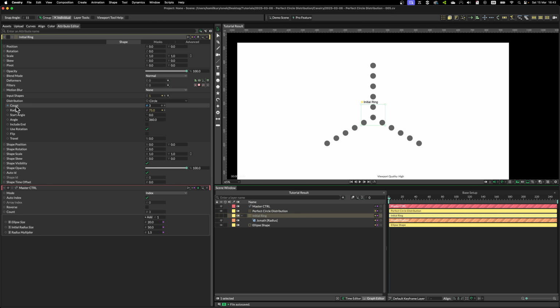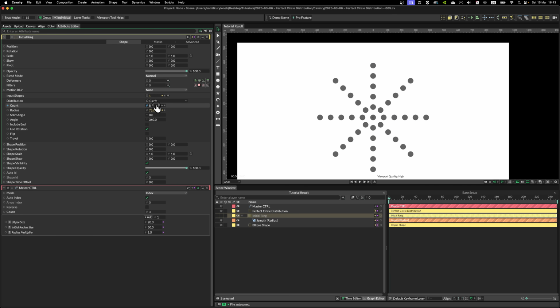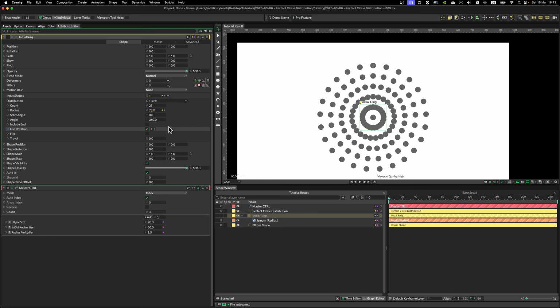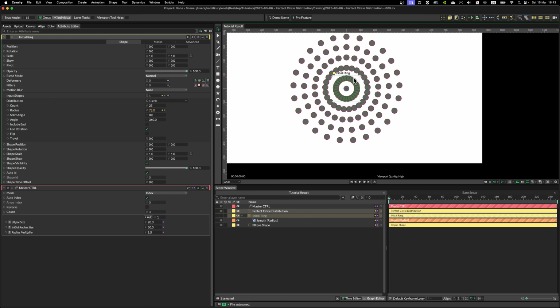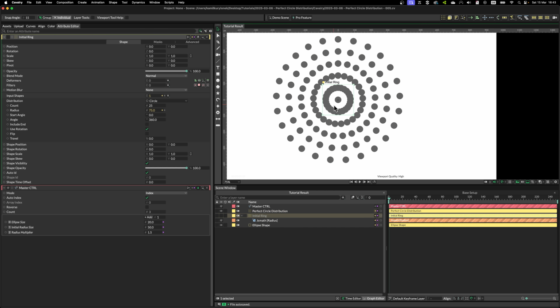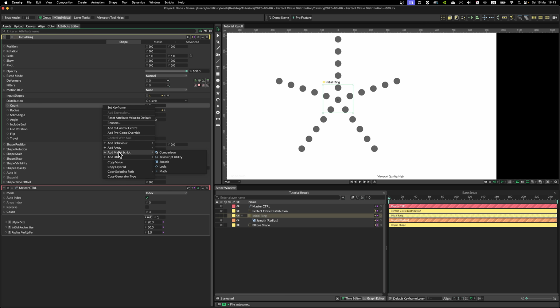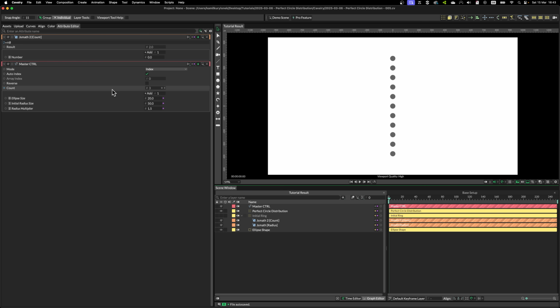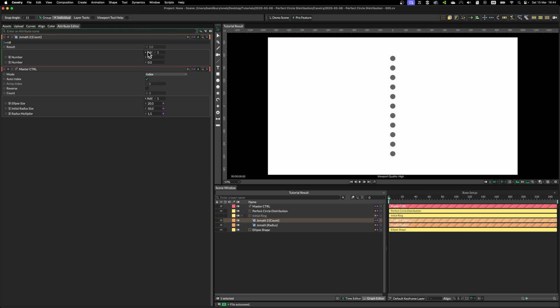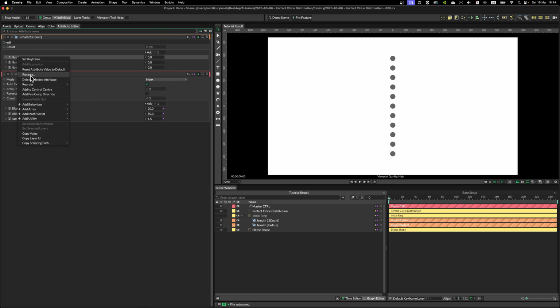Now let's go back to the number of copies. As you can see, this is kind of working, but the problem is we have a lot of copies in the middle and not that many on the outer rings. So we need to change that. So we have to add another JS Math node. And again, I need 2 more fields. So let's call this field